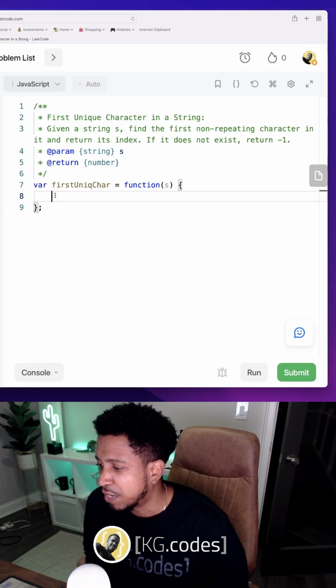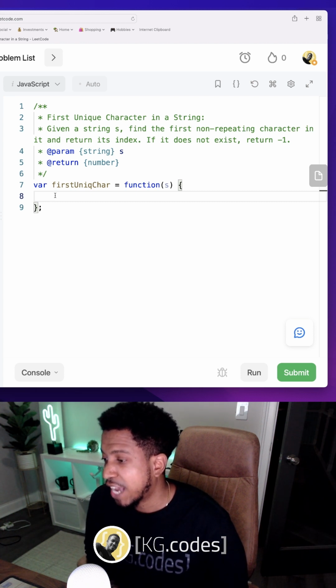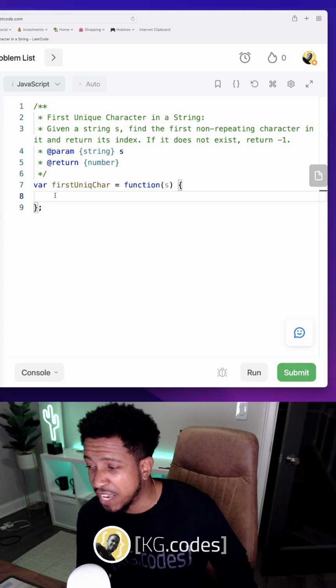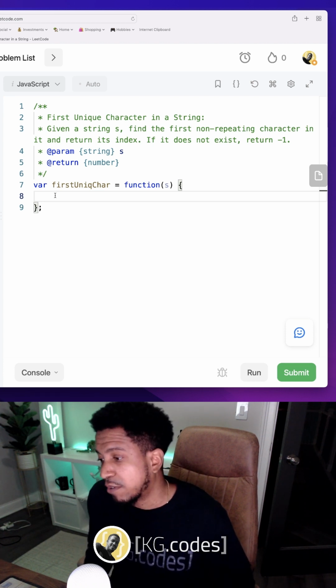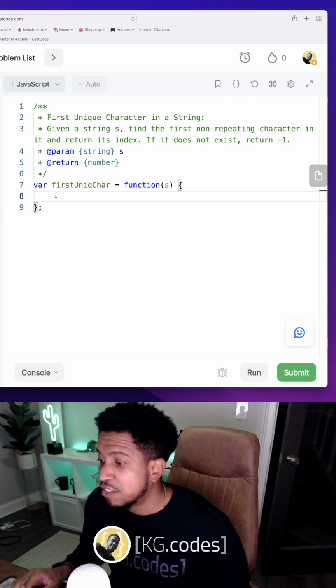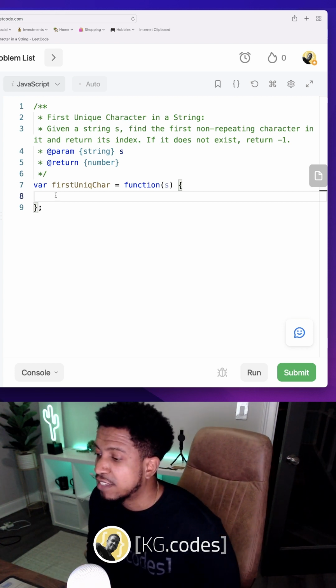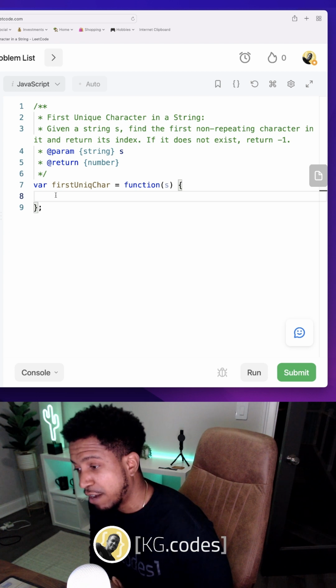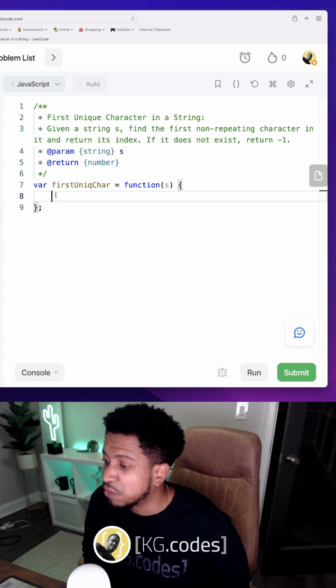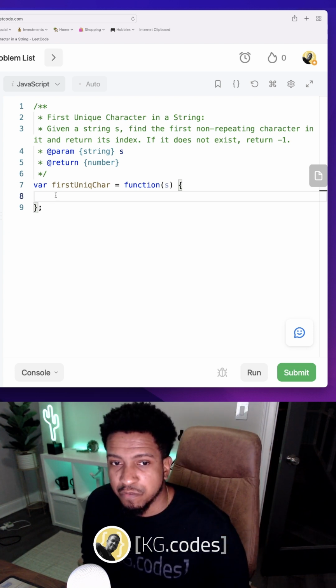As you do these problems, you start to learn how to trade space for time complexity. So if you use space, oftentimes you'll see in these problems, you'll be able to reduce the time complexity by using space. And so what I can do here is use a map to store the frequencies of the